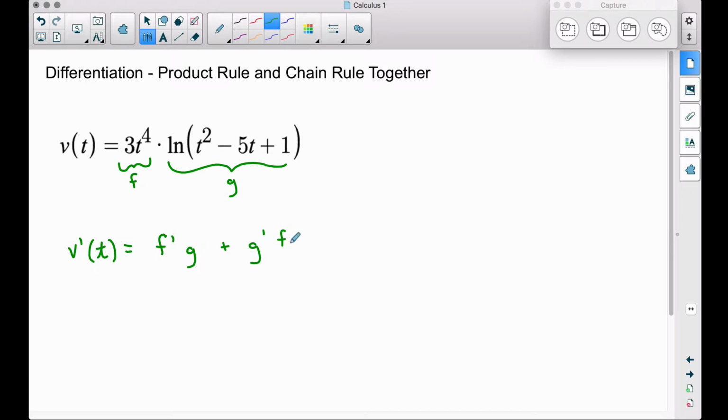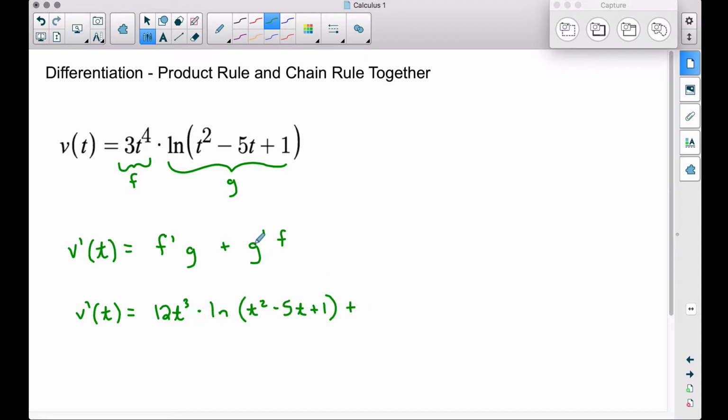Check out the product rule videos. You may see a different variation of this in your text, but with the product rule, you have a little bit of freedom to do them in almost whatever order you want. So with that said, v prime of t is equal to f prime, we take the derivative of f, which is going to be 12t cubed. We multiply that by g, which means we leave this entire natural log stuff alone,